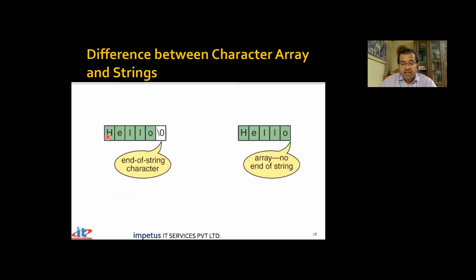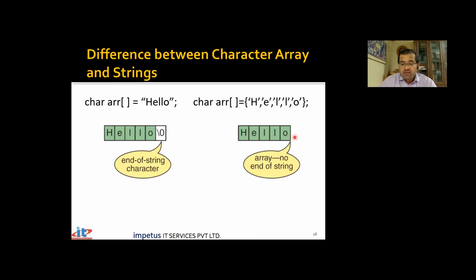Say, when I create a string saying char ARR of hello, what is happening? It is creating a string. This is initialized to hello, HELLO, and then at the end, backslash 0 has been stored. But the same character array, if I had initialized with a set of character constants, look at that, HELLO. These are all character constants. Here I had used a string constant. Here I had used a string constant. And here I am using a set of character constants.